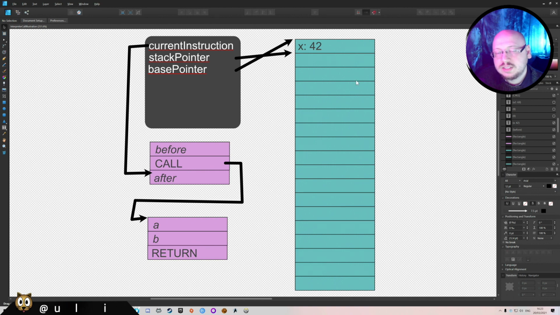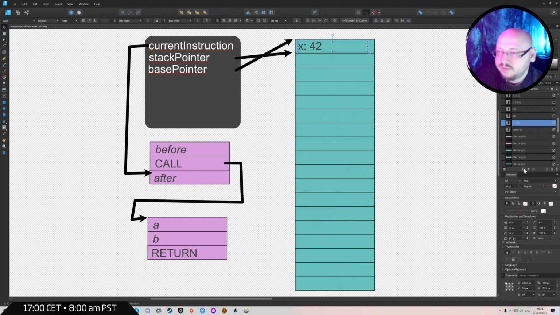You push them on the stack. So here's the thing. You can only unwind the stack from the back, or you can only take elements off the stack from the back. So what you would want to do when you call a function is push the base pointer and the return address. And then the next... Oh no, actually, you would do that before. Of course, yeah. You would do everything. So you would move,